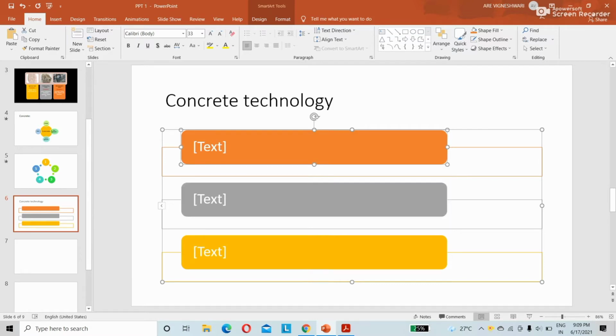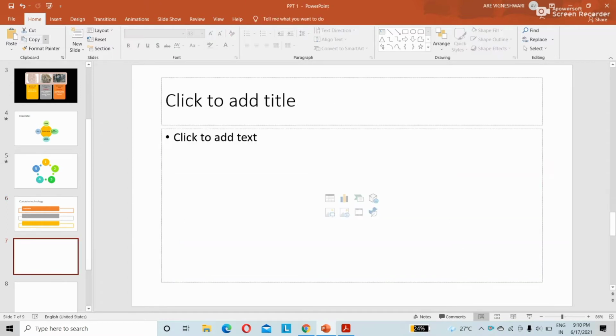You can click here and type, like concrete. You can type the text by clicking on that particular block. In this way you can insert this type of list SmartArt graphic. So we'll see the other one.